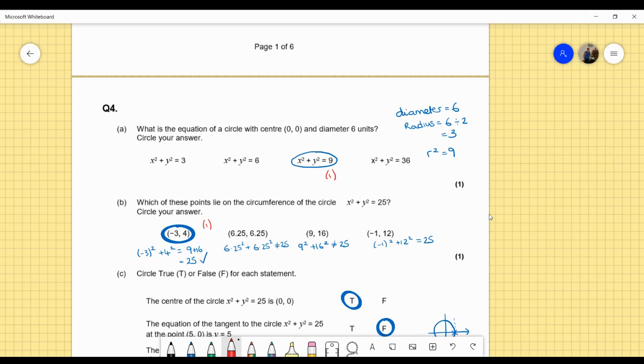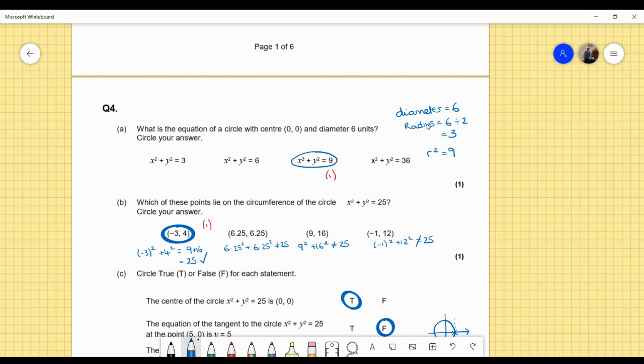Part B, which of these points lie on the circumference of the circle x squared plus y squared equals 25? Well, if it's going to work, it means the x-coordinate squared plus the y-coordinate squared must make 25 for it to be exactly on the circumference. So if we do minus 3 squared, that gives us 9, plus 4 squared, that's 16. Add them together, we get 25, and we know the first one works. But just so you can see, you can check it with all of them. Square the x-coordinate, square the y-coordinate, and you can see that they're not equal to 25. There should be a line on that one, so just be mindful with this particular one that I missed that